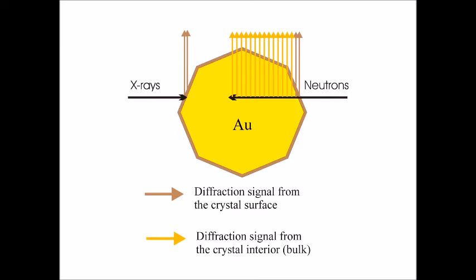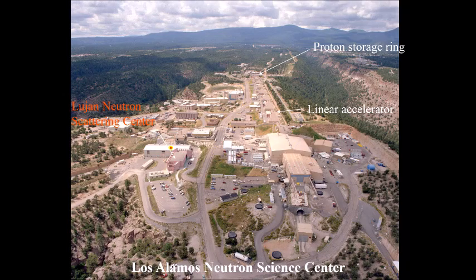Neutrons will both diffract and adsorb in ways that give us information about crystallinity and chemistry, both the elemental chemistry and the abundance of different isotopes of the elements that are present. To do this, we turn to the Los Alamos Neutron Science Center in Los Alamos, New Mexico. This is an aerial view of the facility. The mountains in the background are the Jemez Mountains, and we're on one of the several mesas where Los Alamos